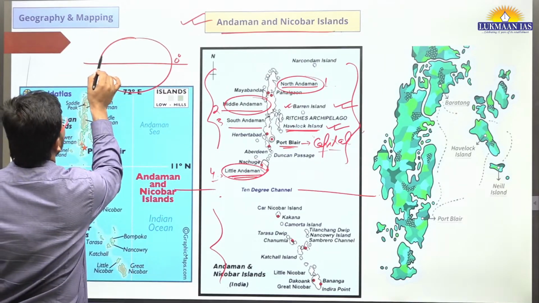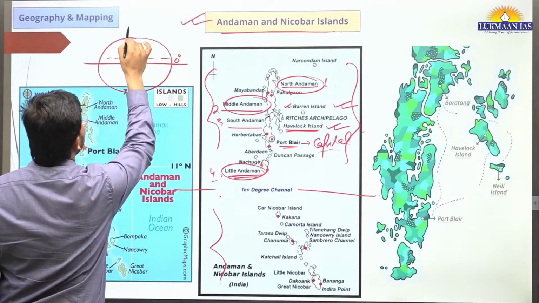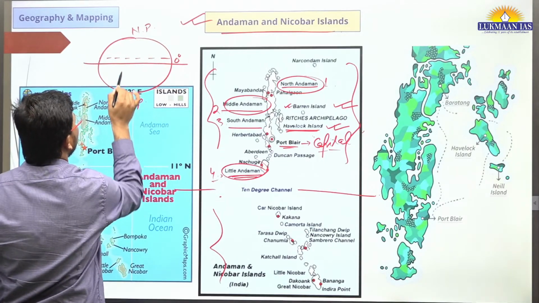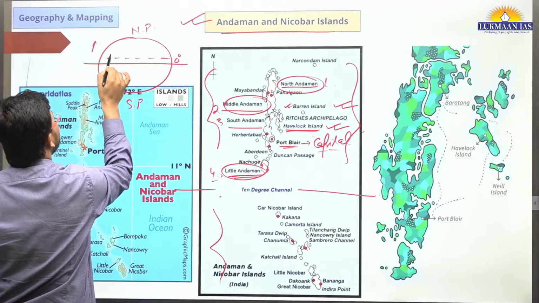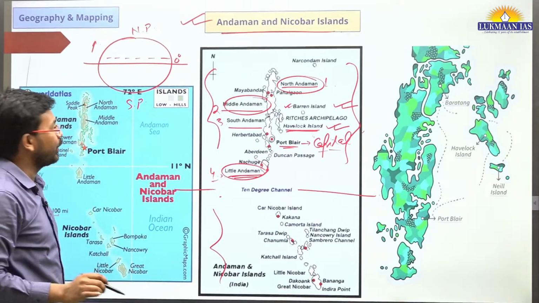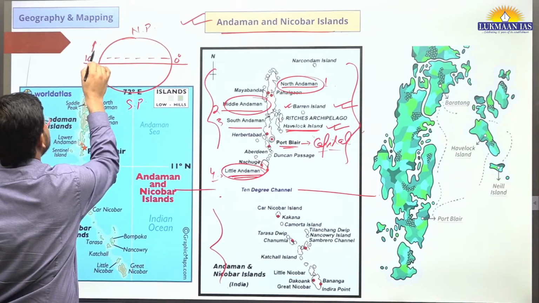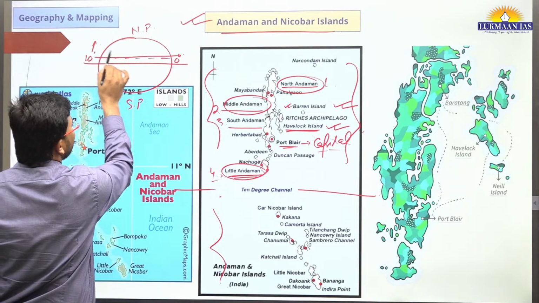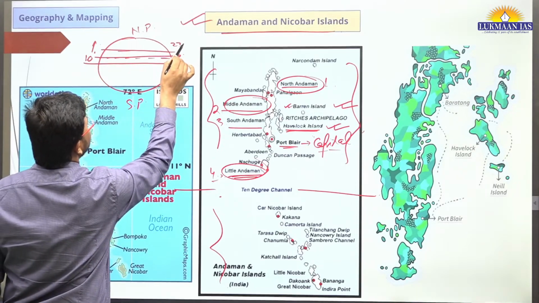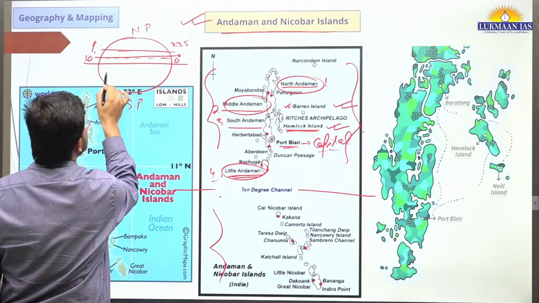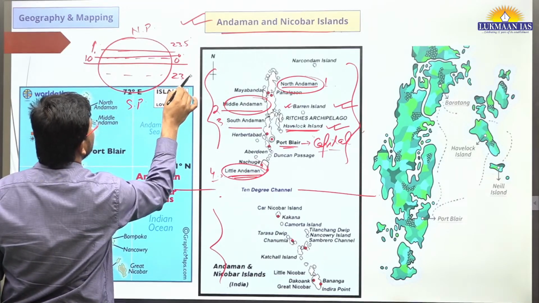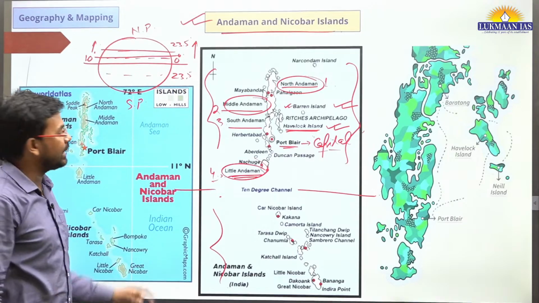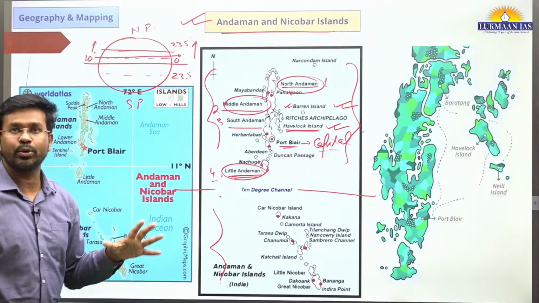If we go a little north of it, in the northern part we have the North Pole, and in the southern part we have the South Pole. If we go towards the north side, we will get north latitudes. One of the north latitudes is known as 10 degree. Then there will be 23.5 degree. In the south also we have 23.5 degree. Northern latitudes go from 0 to 90 degree, and southern latitudes also go from 0 to 90 degree.